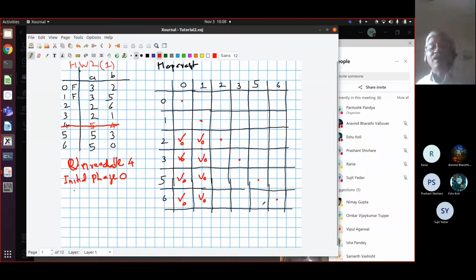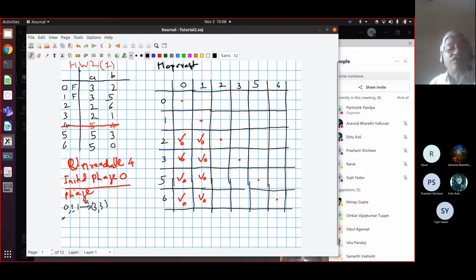So this is the initial phase which I have put by tick with _0, saying in phase 0 this has been done. Now phase 1. In phase 1, what do we do? We take any unmarked square such as 0, 1. I will put it in black to show it better. So I have got pair 0, 1. Now 0, 1 on letter A goes to what pair? 0 on A goes to 3 and 1 on A also goes to 3. So this goes to pair 3, 3, which is not ticked. 3, 3 can never be ticked. It is marked with a dot. So 0, 1 is not distinguished by A.